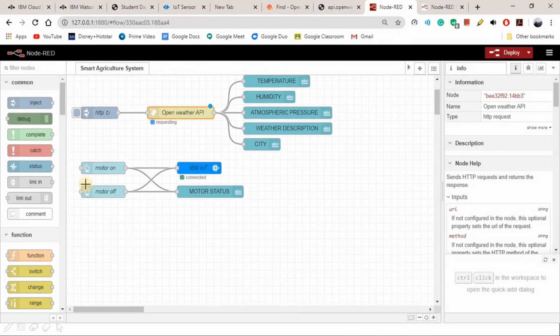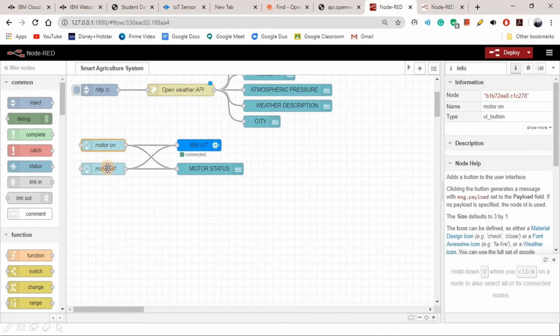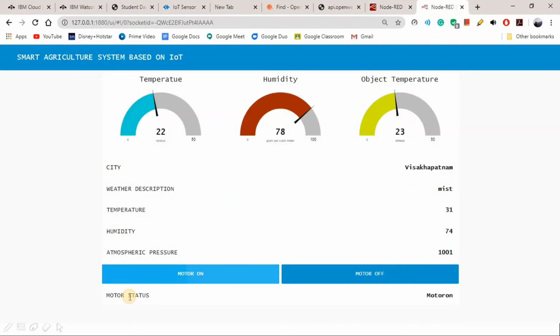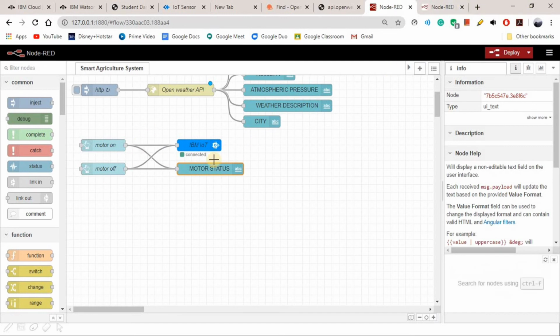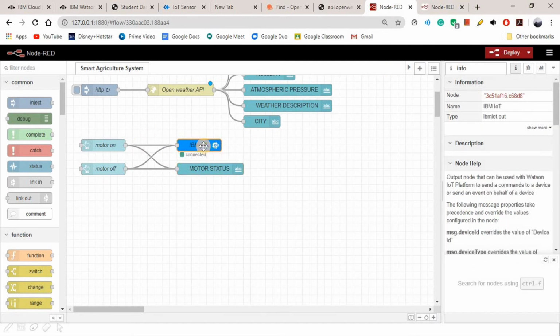And I have implemented 2 buttons as motor on and motor off. As motor on, it shows motor on here, and motor off, it shows motor off here as a status, motor status as a text field. And this is the IBM IoT out node.